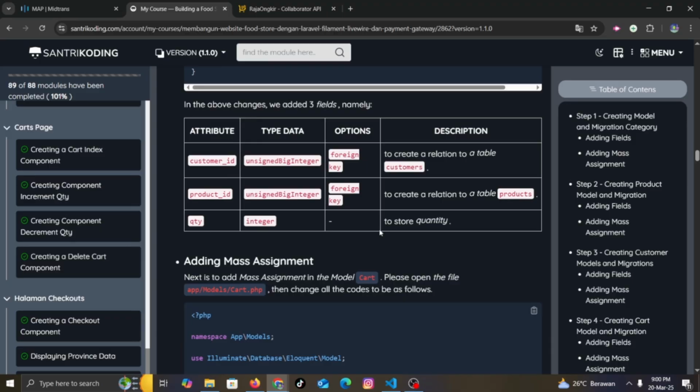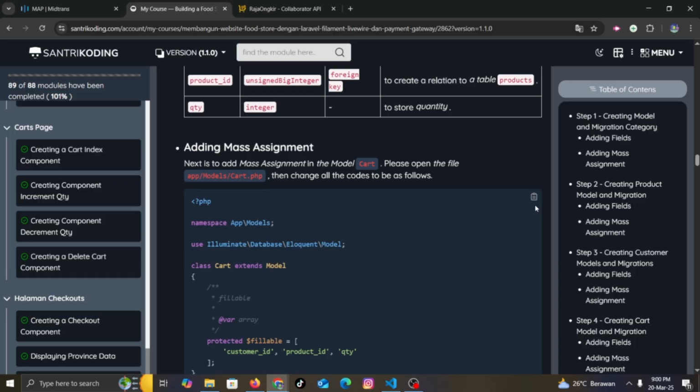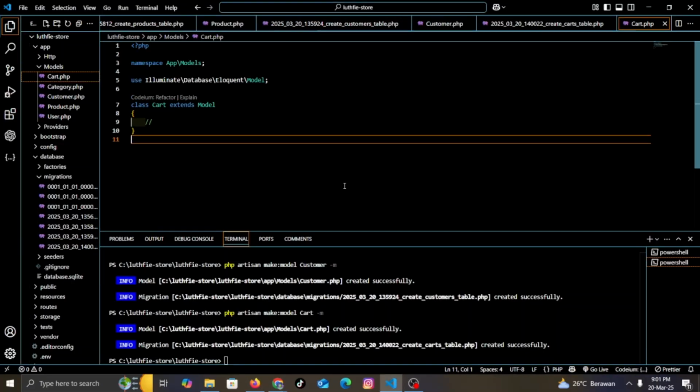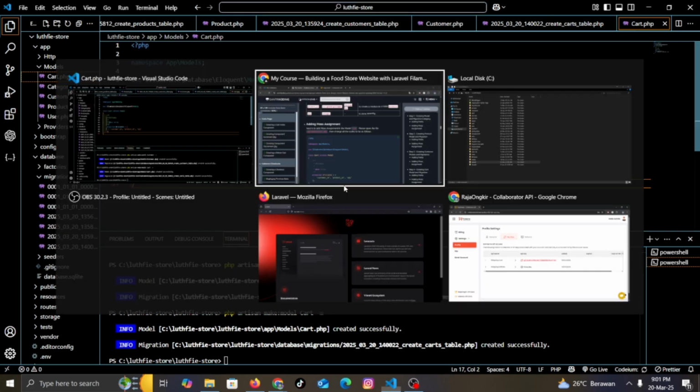In the above change, we add 3 fields, namely customer ID, unsigned big integer, foreign key to create a relation to the table customer; product ID, foreign key to create a relation to the table products; and quantity, integer to store quantity. Cart. And then